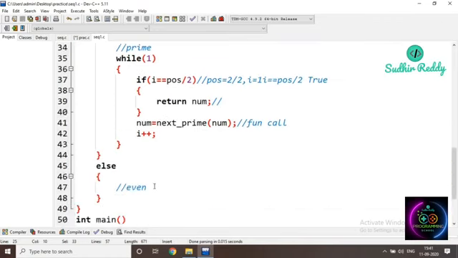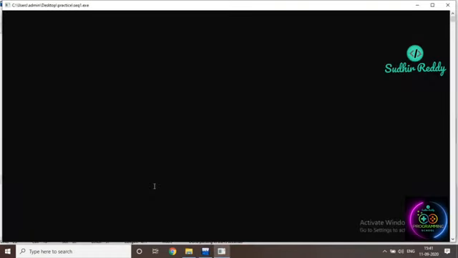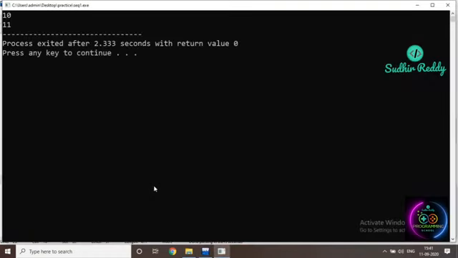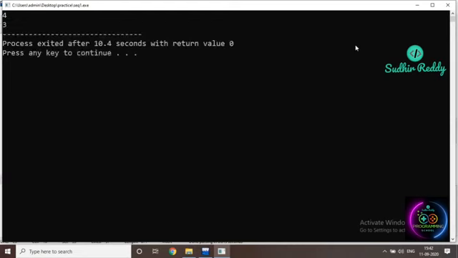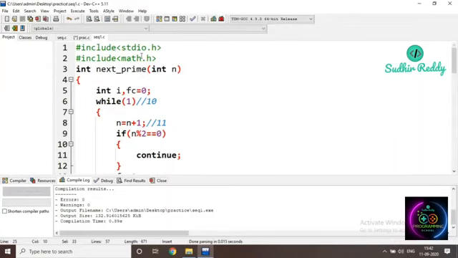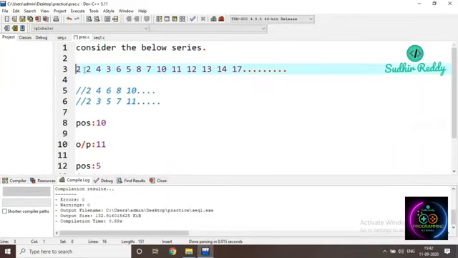For example, now I am going to execute it. If it is a 10, just look at there. The output is 11 here. Just the output is 11. For example, I am going to check it again. That is 4. 4 is an even number. 4 is an even number means we are going to calculate the prime number series. What is the fourth position? The fourth position is 3. Just go here. This is 1, this is 2, this is 3, and this is the fourth position. The value is 3 here.